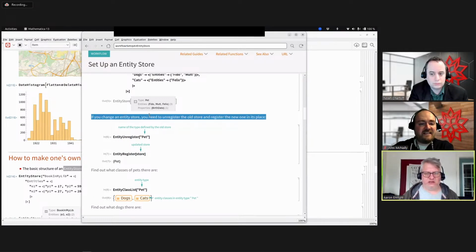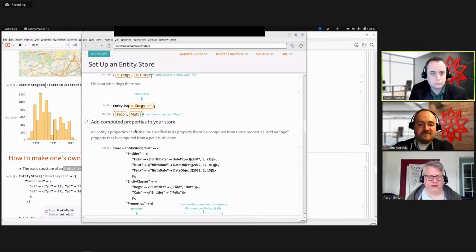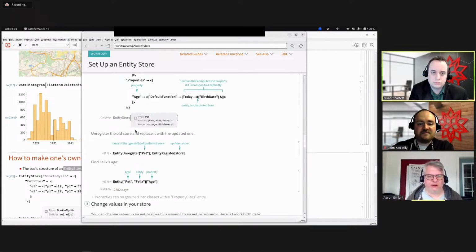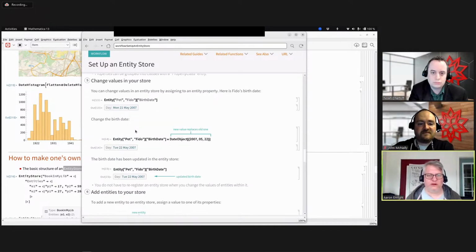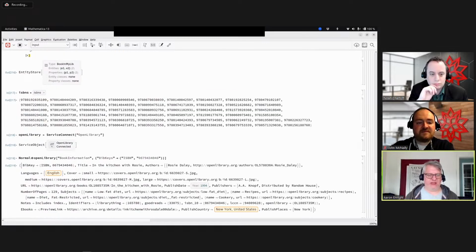If you need to change an entity store, you unregister the old store and register the new one in its place. You can add computed properties. Oh, here we go. Here's the section I was looking for. Changing values. So let's see here. Oh, it's just as simple as an assignment. So if you wanted to change a value on the fly,